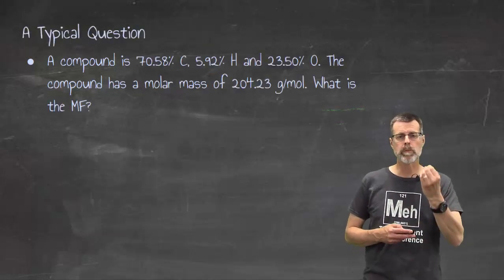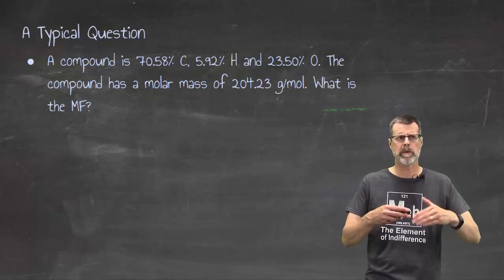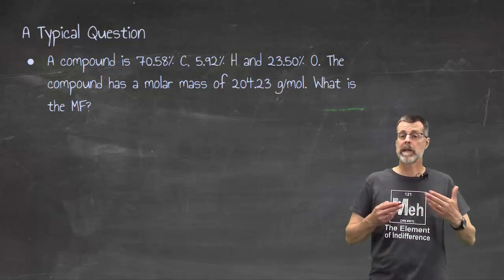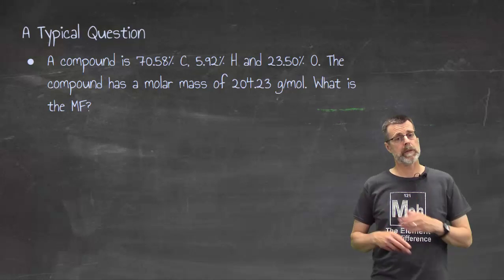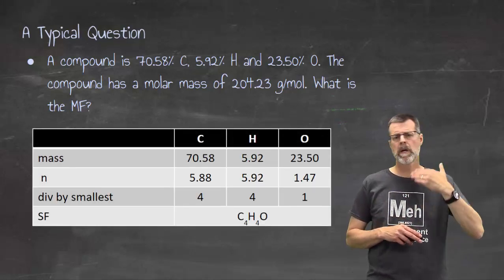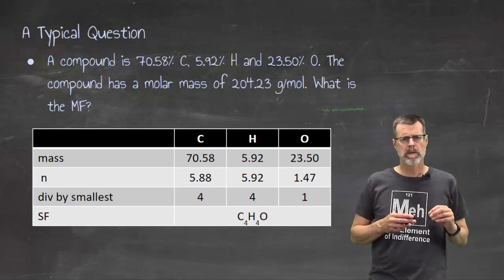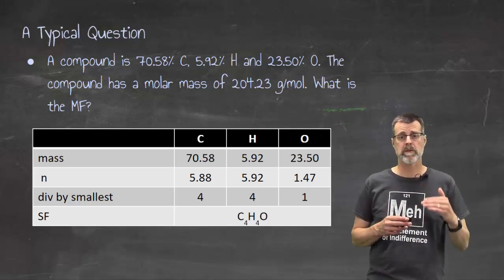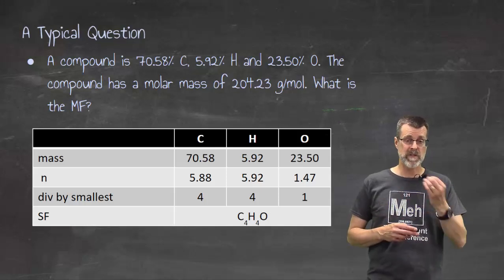Okay, let's add one more piece to it, because you're not often going to be given the simplest formula. We already know how to calculate the simplest formula. So now we look at this. And again, I really recommend you work this through with me, and then we'll try a couple on our own. So we already know how to do this. This is the completed table. If you're a little bit iffy on the simplest formula steps, please go through this on your own, because just writing these numbers down does not help you. But now I have a simplest formula,